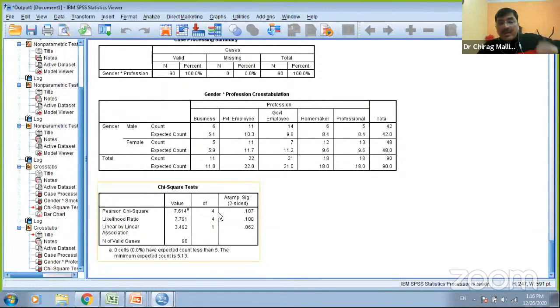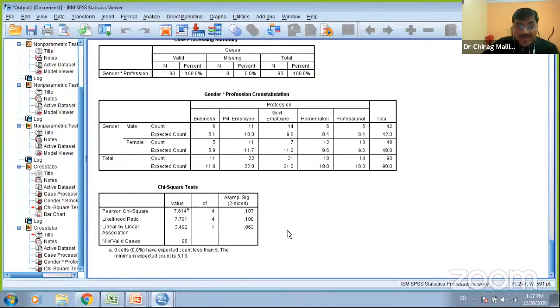Okay, done. Now here, can you see Fisher exact test? No, there is no Fisher exact test. Because I said that Fisher exact test can be applied only when there is a 2 by 2 matrix, means when both the categorical variables have only 2 categories. Okay. Now your question would be,